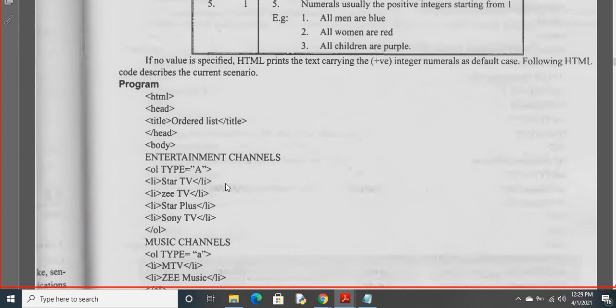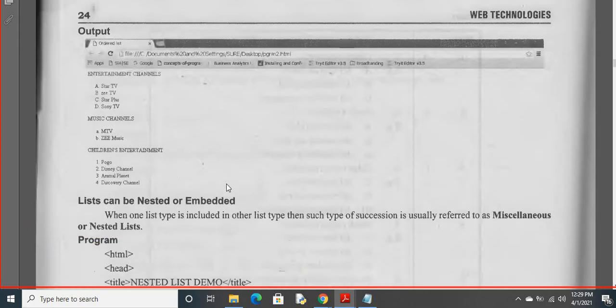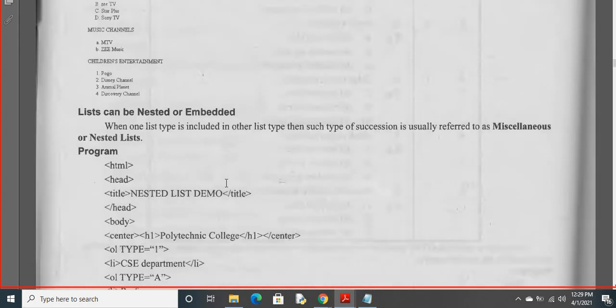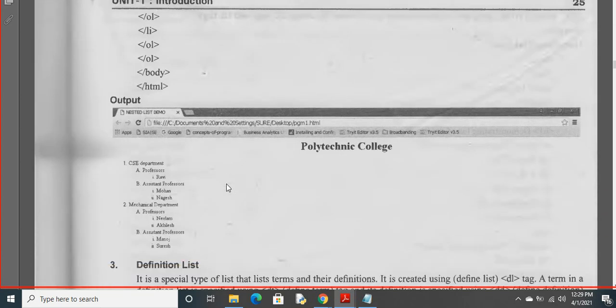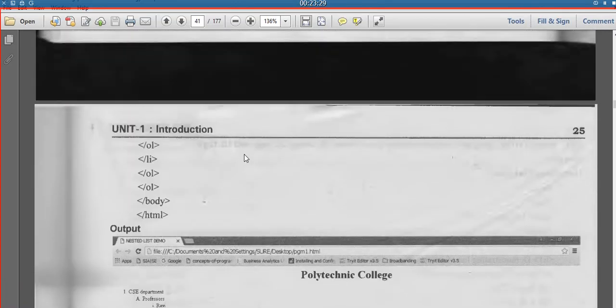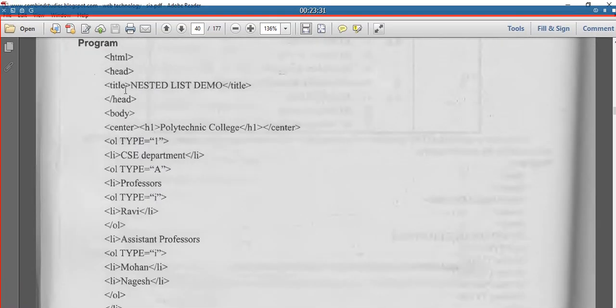Ordered list is a simple program. A list can be nested. So in a list we will have multiple options like this. So I will try to execute this program once for you.